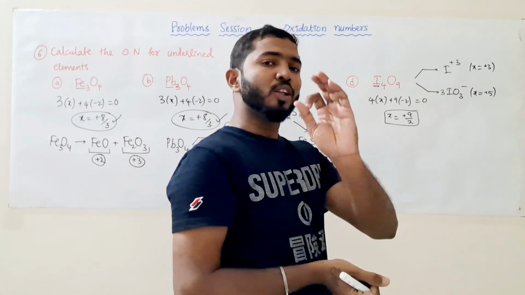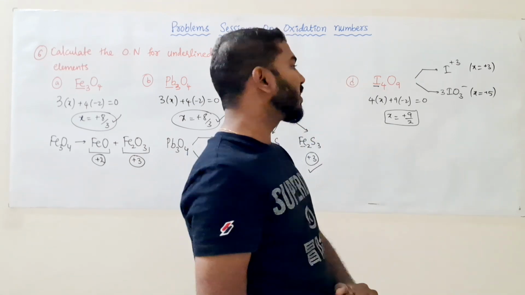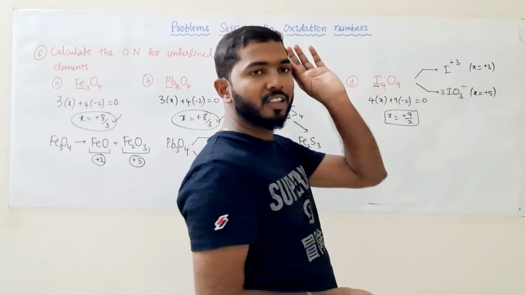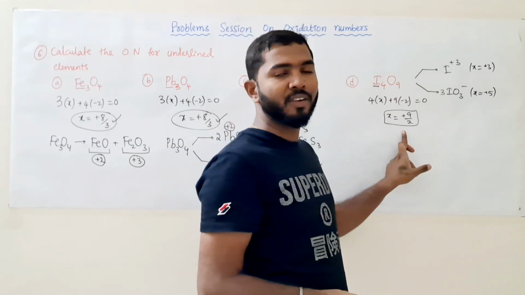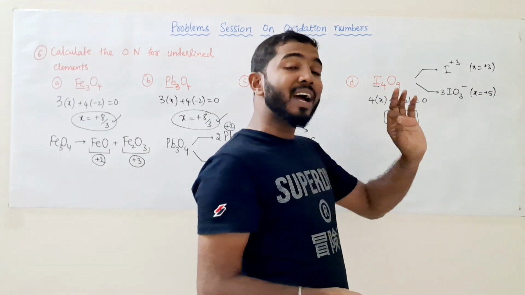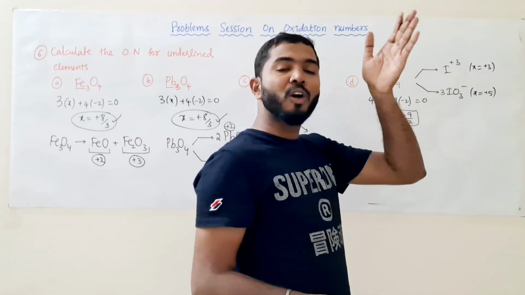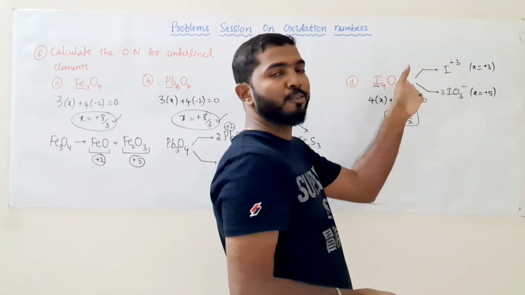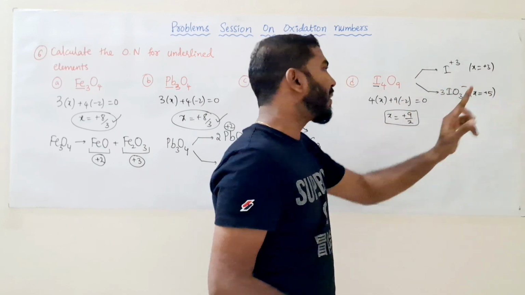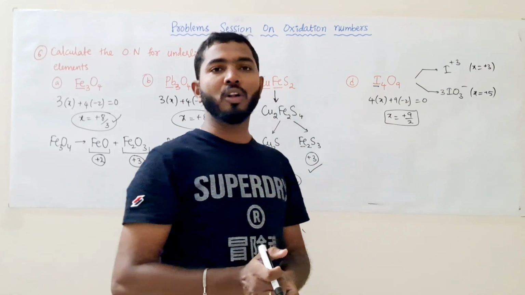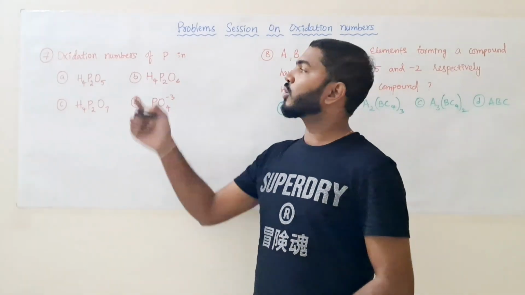Hope it is clear. If the question generally asks for the oxidation number of iodine, we have to go with the average oxidation number. If they ask what the possible oxidation numbers of iodine in I4O9 are, then the possible oxidation numbers are +3, +5, and even +9/2 is possible. Okay, let's move on to the next question.